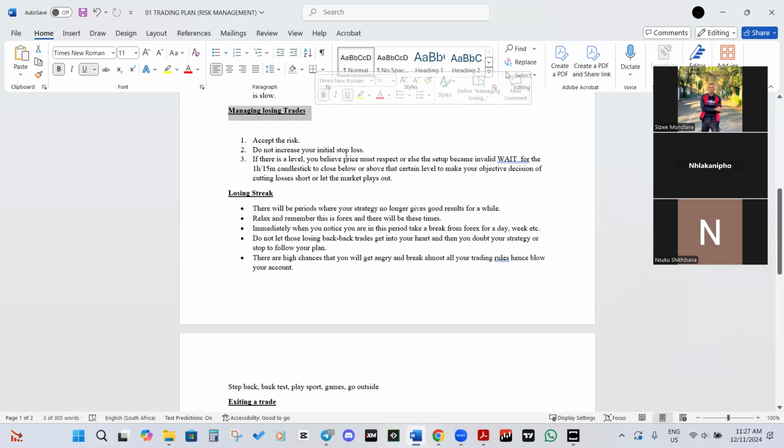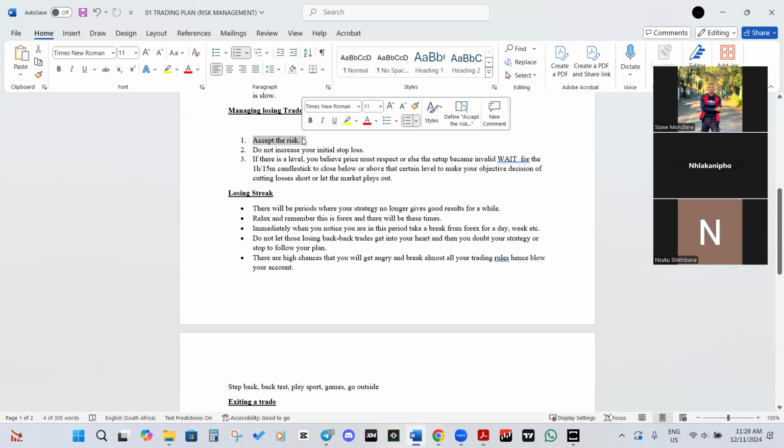And then in terms of managing trades, the first thing is you have to predefine your risk. You have to accept the risk. The moment you enter a trade, let's say you have an account of 10K. What is your risk? You are risking how much per trade? You are risking $100, right? So the moment you enter that first trade, you must accept that your equity is no longer 10K. It's 9,900 now. Meaning you have accepted that that $100 is now gone.